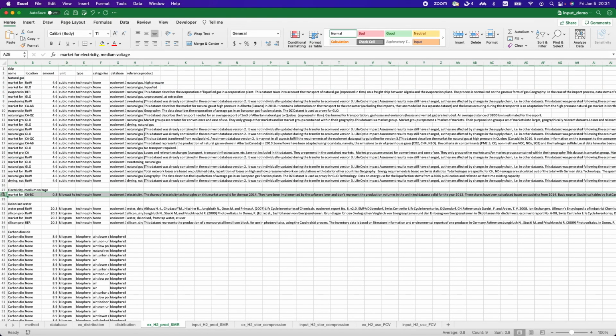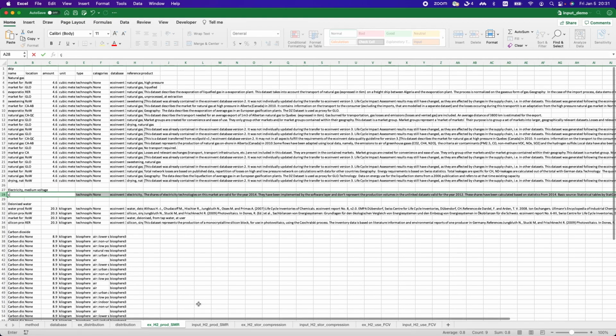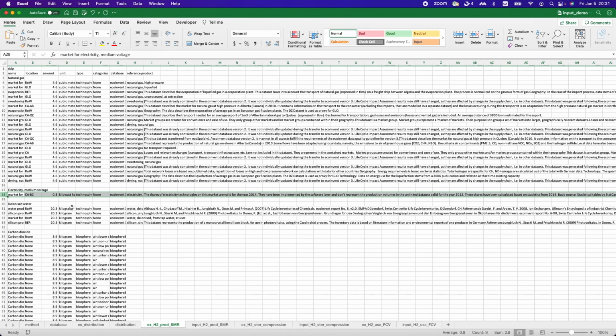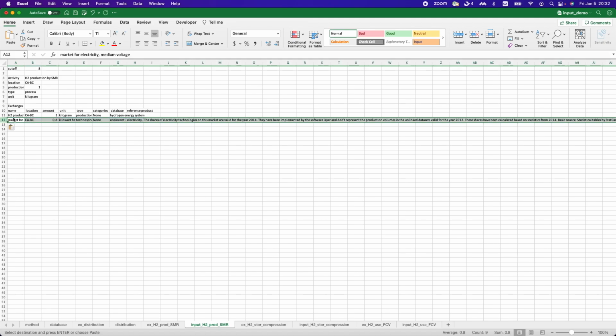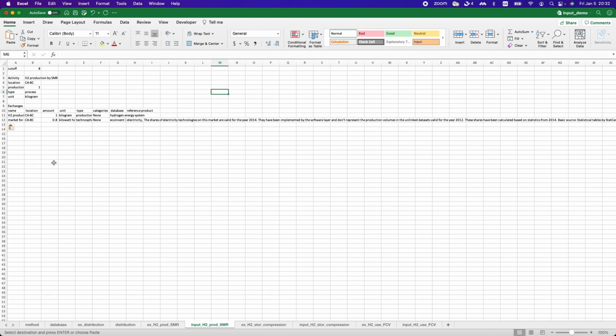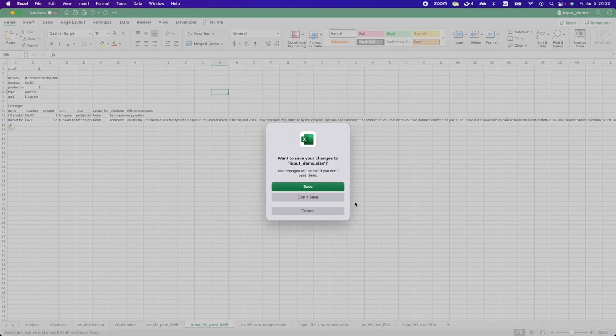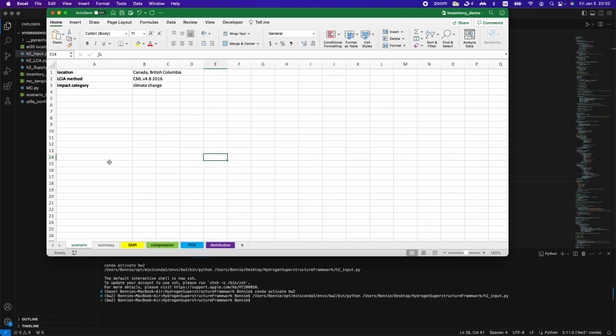So let's take the electricity for example. Copy the whole row from the exchange sheet to the input sheet. So you just copy and paste every exchange. Then you're good to save the Excel file. I will skip the copy and paste work here. So once you copy and paste all the exchanges, you just need to